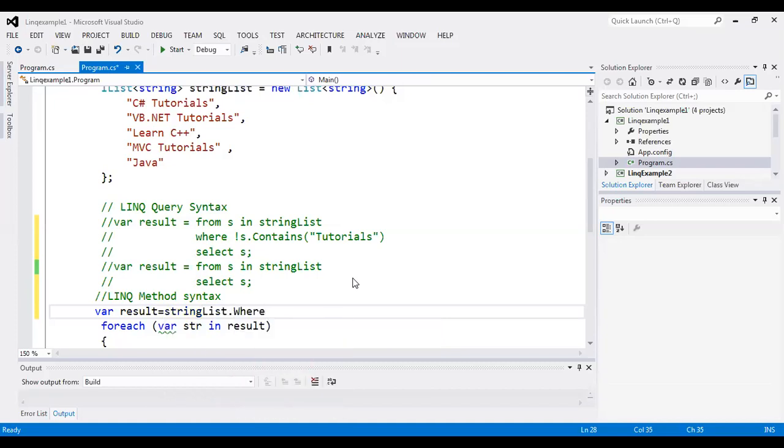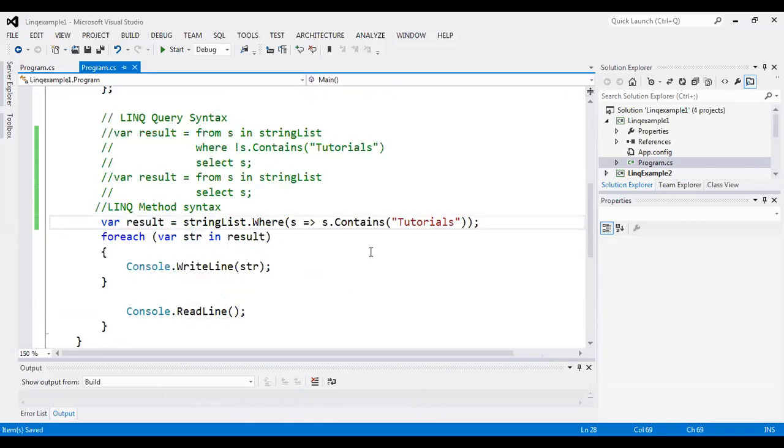What condition do we want to apply? As lambda operator, S dot contains Tutorials. This is how the condition can be applied. So this is called method syntax, not query syntax.